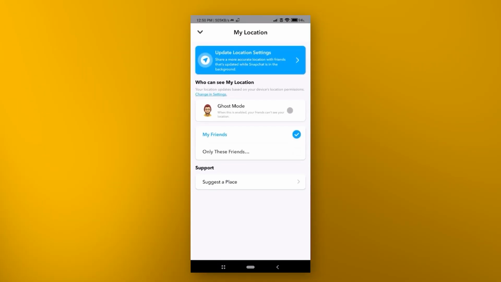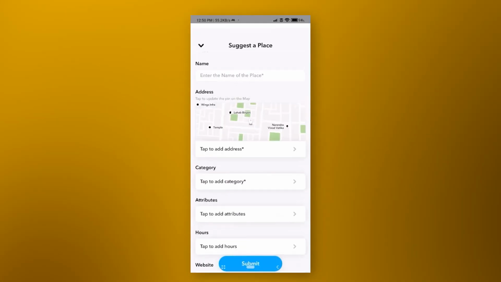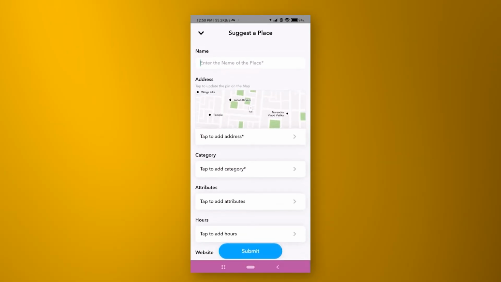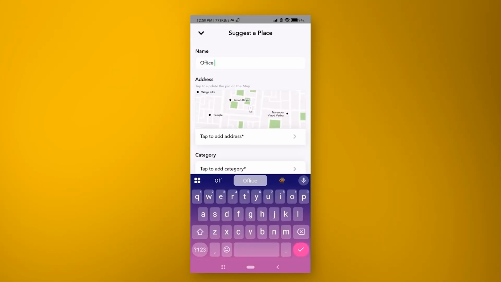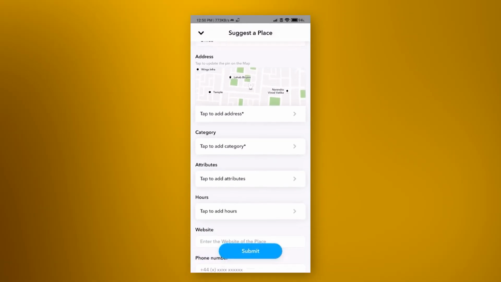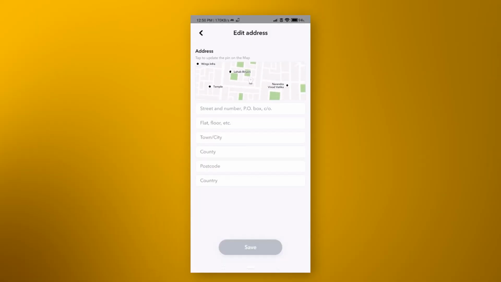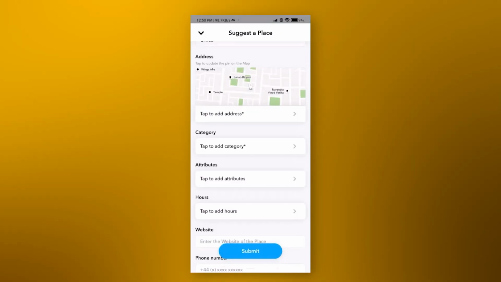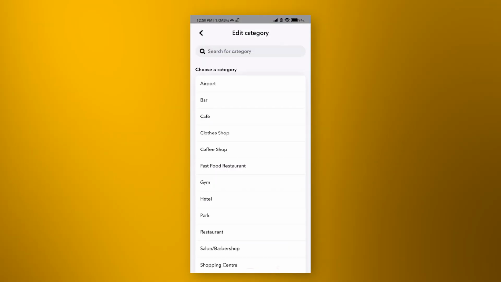And then over here, in order to change the location, you have to suggest a new place. So click on this option, suggest a place. Name, let's say for example office, and address will be the same as it is shown. Just type down your address, and then in the category you can just simply pick any one of them, and